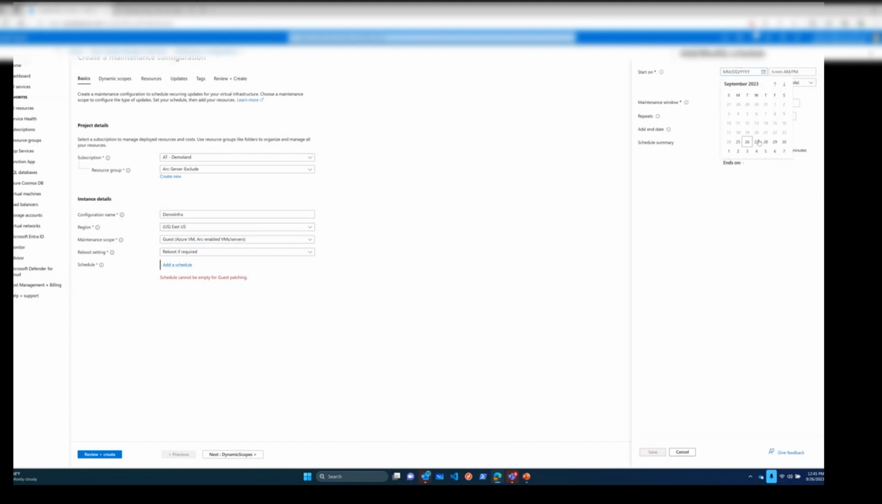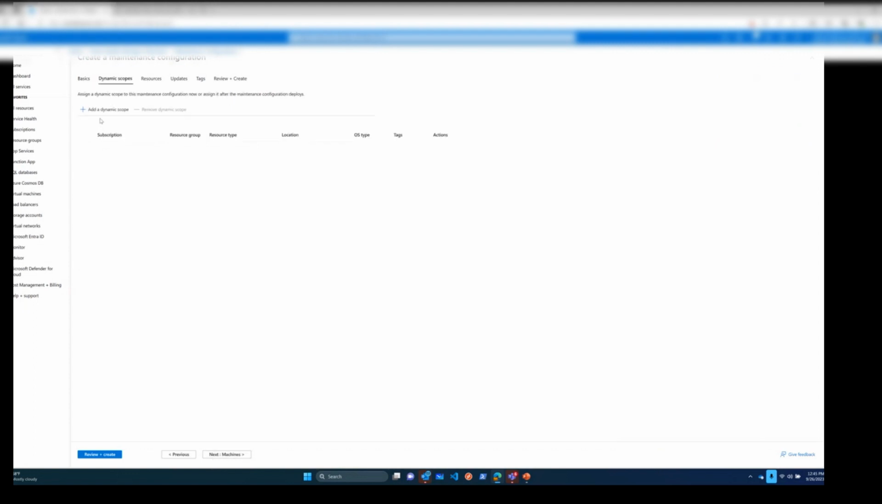And I have the capability to do this, right? Like I can pick a date and time. I can pick a length of my maintenance window. And I can determine how often I want this to happen. Maybe I want to do this on a familiar date, like the second Tuesday of every month. And then I also want to